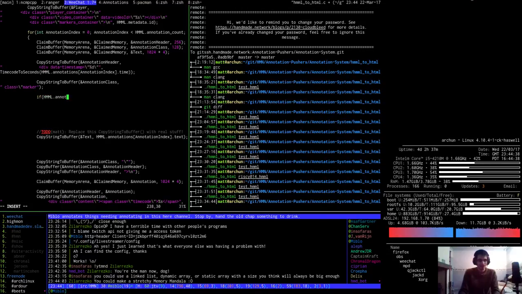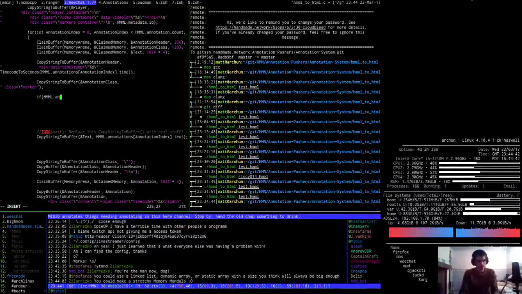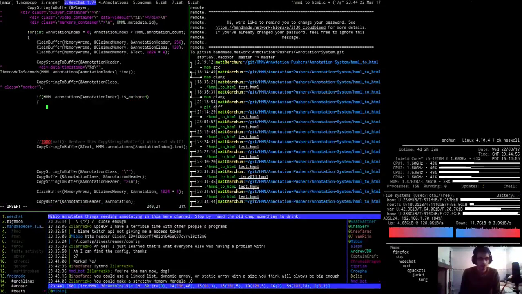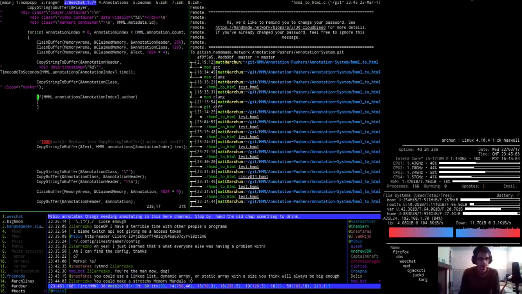So yeah, let's just do the simple thing first. Annotation index. Is it just is author? I can't quite remember. Nope. Author. Oh yeah, it might just be author. So yeah, if there's an author,